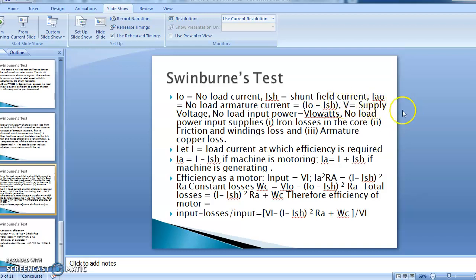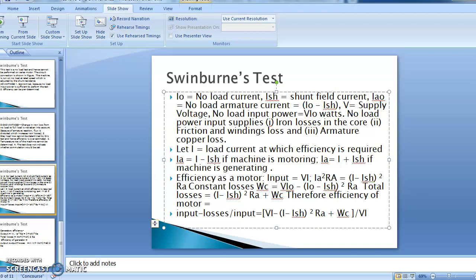V is the supply voltage, so the no load input power will be equal to V into I0, that means the voltmeter reading multiplied by the ammeter reading. The no load input power supplies iron losses in the core, frictional windage losses and armature copper losses. Now let I be the load current at which efficiency we have to calculate. So IA, that means armature current, will be equal to I minus ISH,